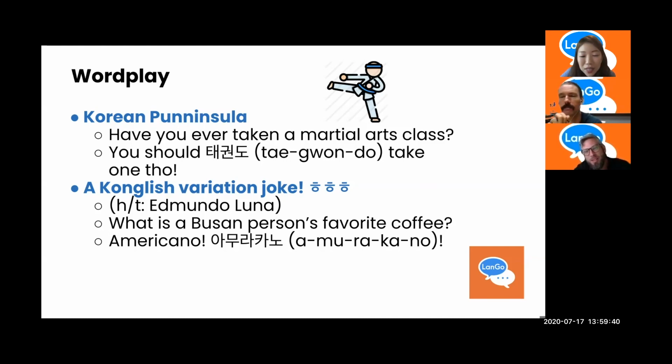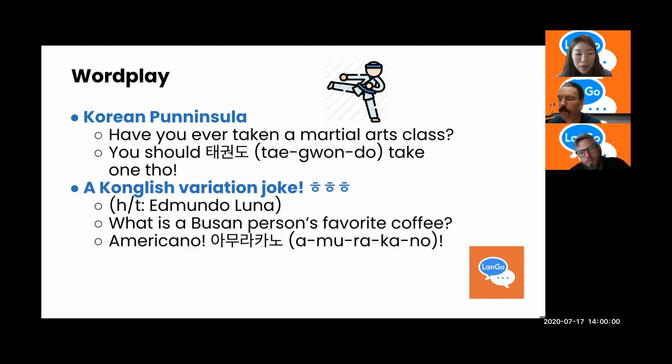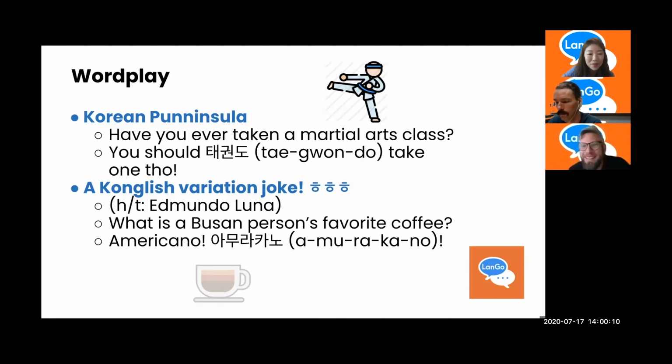So this is funny because it sounds like Americano, but the verb ending for interrogative sentences in Seoul Korean, so questions, is ni. So 뭐라고 했니 means what did you say? And in the Busan variety, it is no. Okay, so Americano would be what you say in Busan. And that brings it all together for this joke, Americano. Which sounds like the type of coffee, yeah. Okay. All right, and more gems like this next podcast.